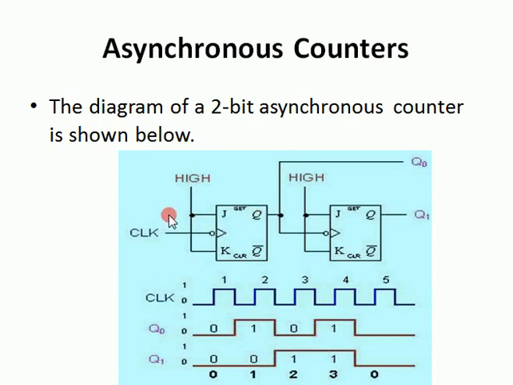Here you can see that at both inputs we have high logic, here and here too. So it means at flip-flop number 1, J is 1 and K is also 1, and at the second one again 1 and 1. And remember the truth table for the JK flip-flop: when both inputs are high, toggling occurs at the output. So first we get 0, then 1, then 0, 1, 0, 1. It means that toggling is occurring here.